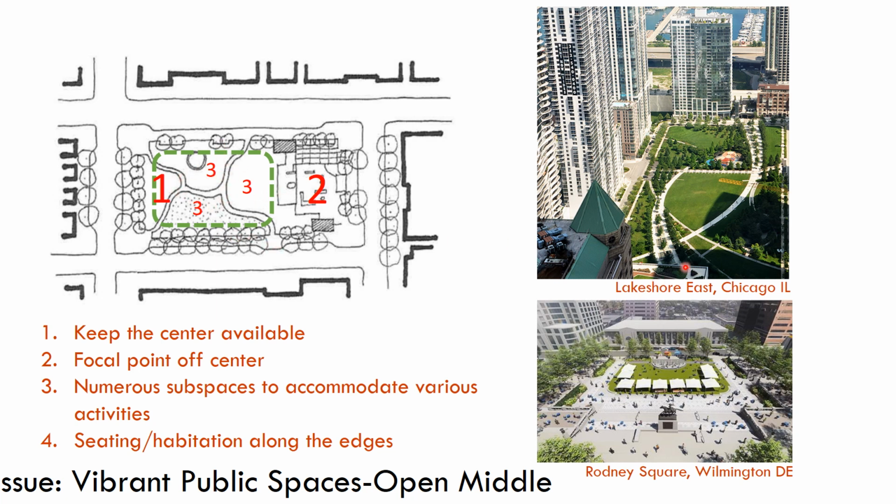And we see that in places like Lakeshore East. This is a neighborhood that I lived in in Chicago. This was my building here. And it has that same idea of a central open area. This is where markets were held. The kids played soccer games with the cones set up, and there was a playground. And then around the edges you would find a place to sit with a book, where there were fountains and other things. And here's a much more formal example in Wilmington, Delaware.